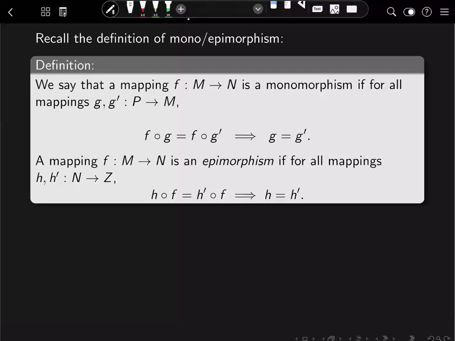We know that injectivity is a condition on the elements of the objects, right? So if we have sets, then we're injective if the images of two elements are the same, then they come from the same element in our domain. This is a condition that abstracts that and essentially captures the functional properties of what it means to be injective and what it means to be surjective. So it expands those kinds of definitions.